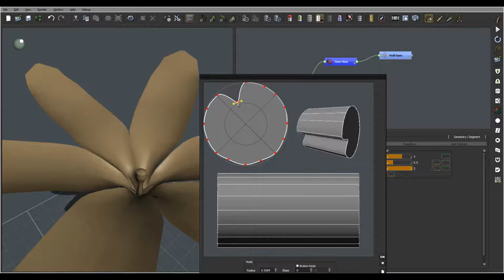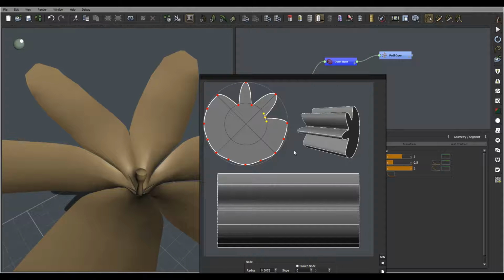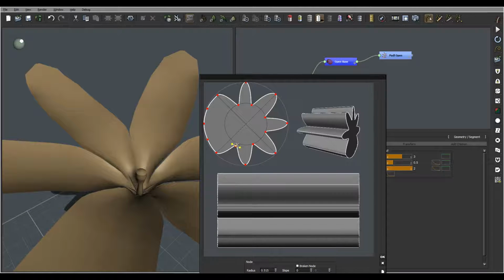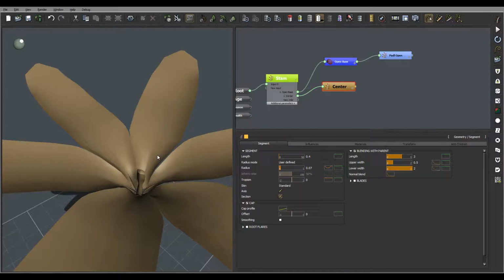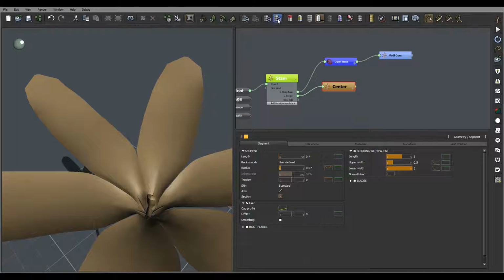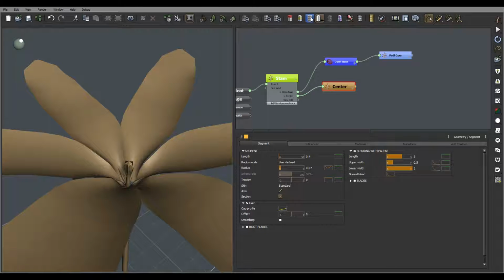Yeah. We can just take. Bring them every other one to the middle. Okay, we can click OK, and again increase resolution a little bit, so for the preview you can see right